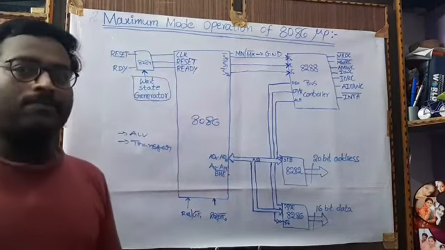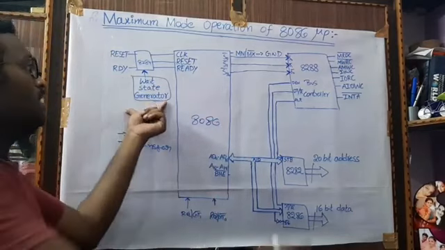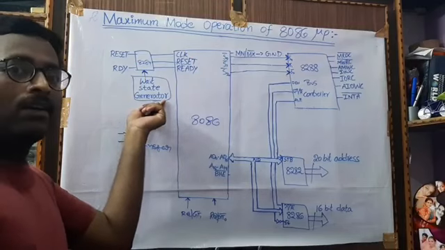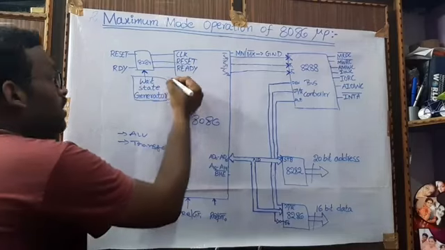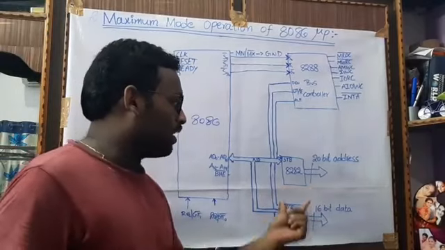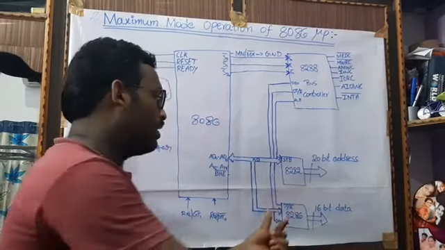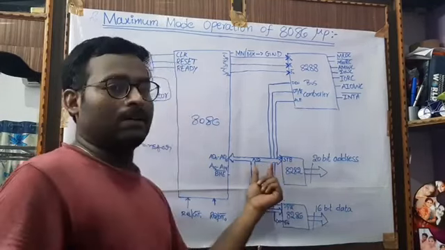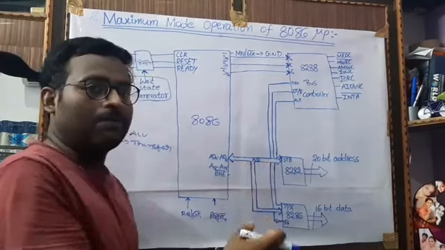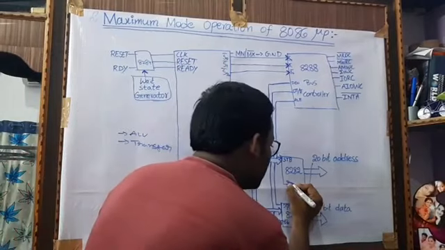Next, there are some other components here. Yesterday we already saw that there is a clock generator 8284, which is responsible for providing synchronization or timing to the microprocessor, and these are the buffers, data buffers, and this is a transceiver. This data buffer is responsible for demultiplexing the address from the address and data lines. Previously the address and data lines are multiplexed together. The 8282 is a latch, an 8-bit latch.